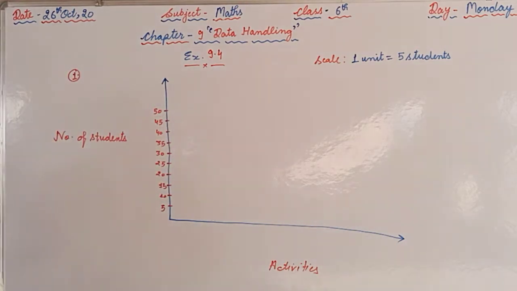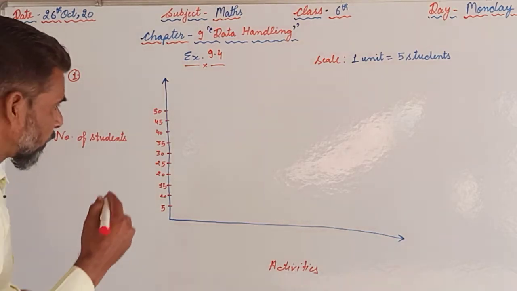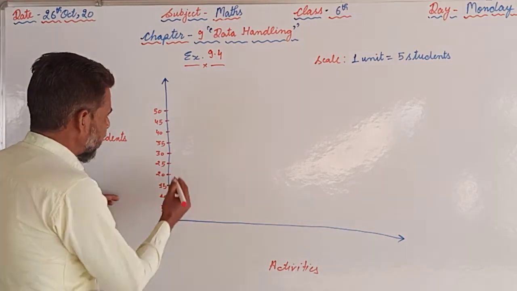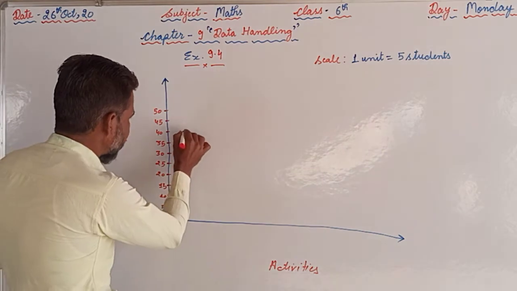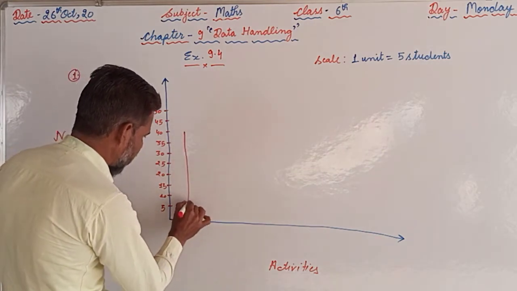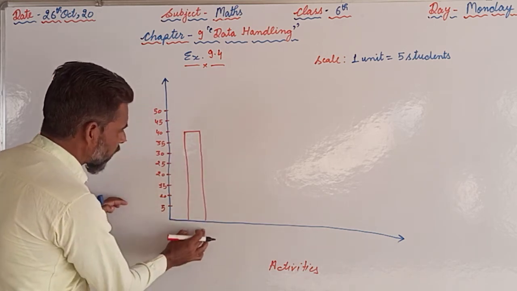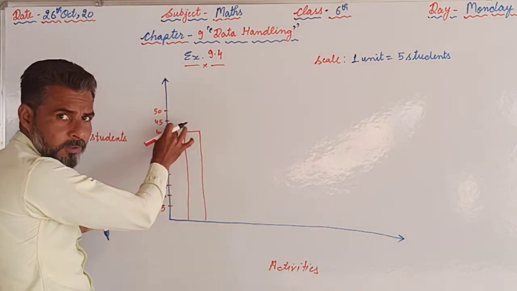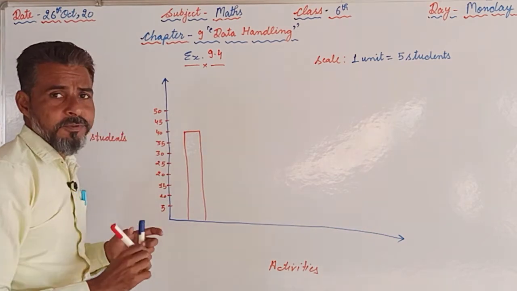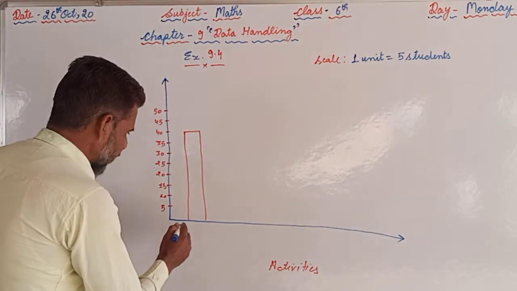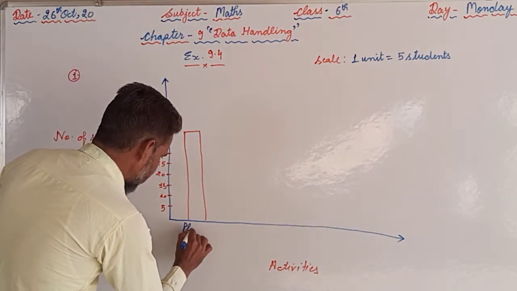Then now on the horizontal line we are taking the activities. So we will start with the first one, that is playing. The number of students who prefer playing in their free time is 40. So we will mark up to here and we will draw the vertical column up to 40, because 40 is the number of students who prefer playing. So here it will be